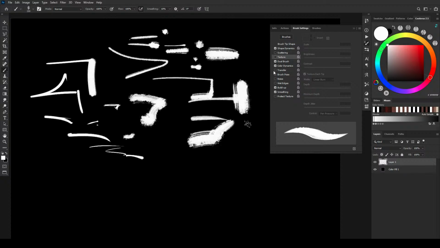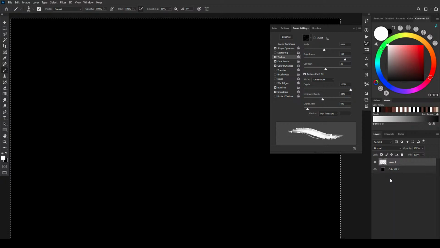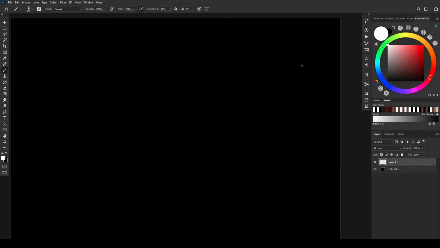It's with texture off. Let's turn it back on, see how that... Yeah, we'll keep it on, I guess. Alright, I'll just clear all that and get right into it. Alright, so what I'm thinking here is